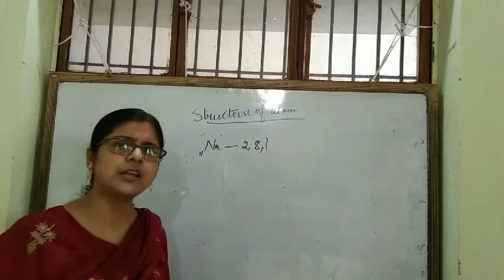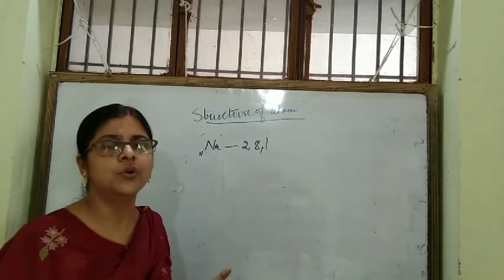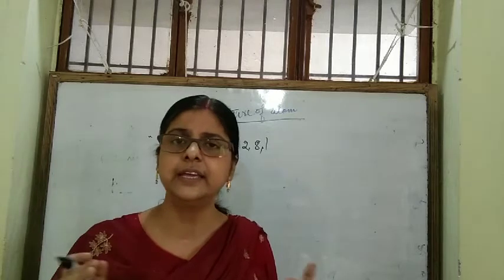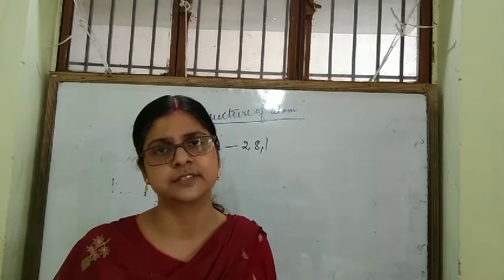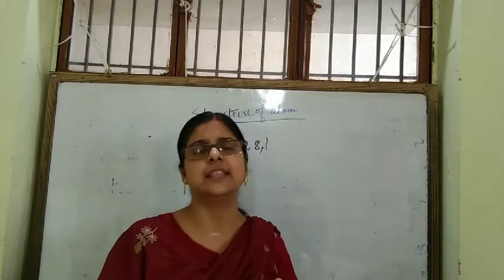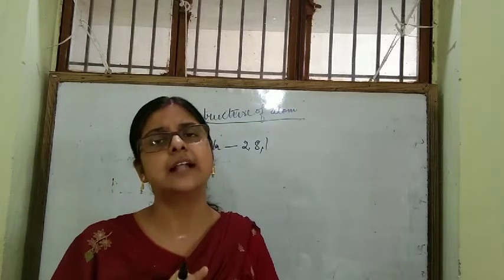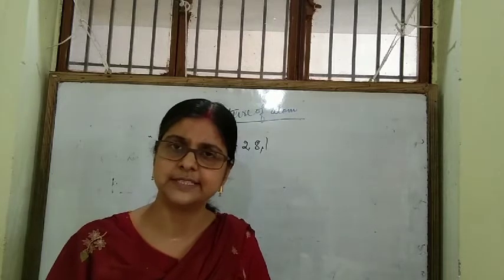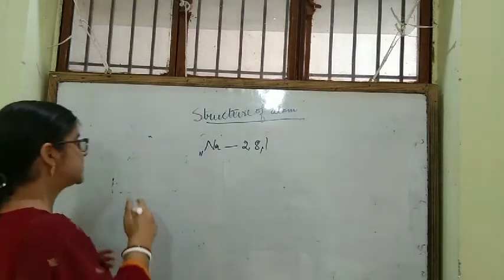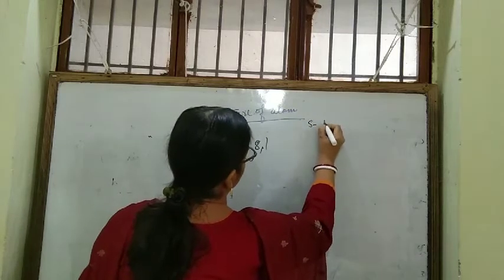Okay? In junior classes we have studied that electrons are present in shells. And now we'll be studying in detail that in shells there are subshells, and in subshells there are orbitals. Just now I have discussed that in s subshell there is only one orbital. P subshell has got 3 orbitals, and d subshell has 5 orbitals. F subshell has 7 orbitals. Okay. What am I telling? S has 1 orbital.